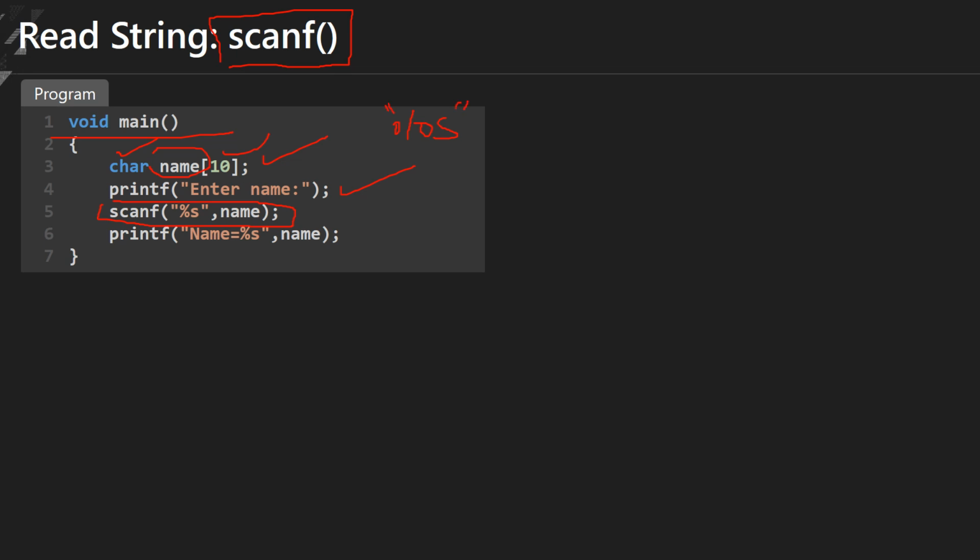Since it is a string, you can read it from the user, that is a name. Then you want to print whatever you read. Again there is a printf: name is equal to percentage s, name. So in this you can observe that no & sign is required,